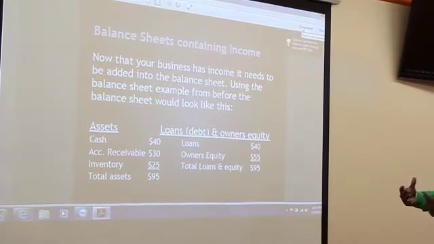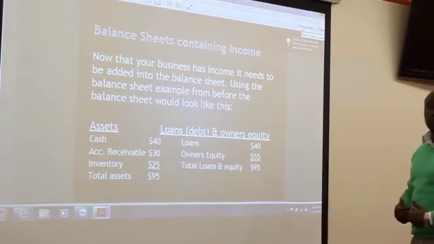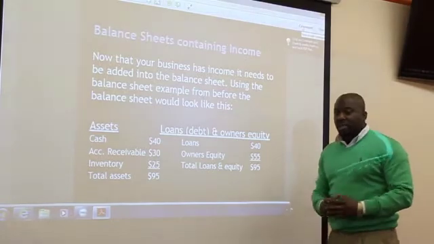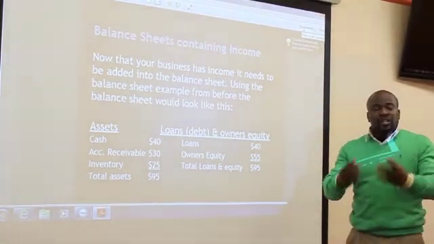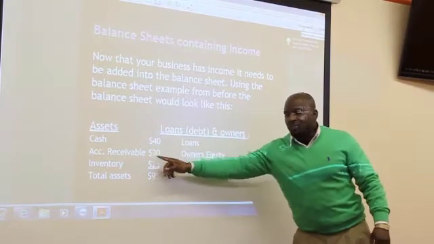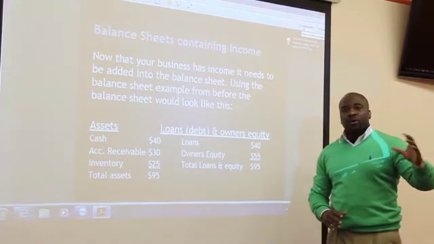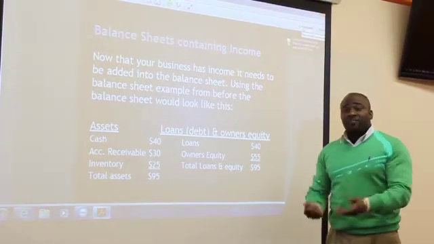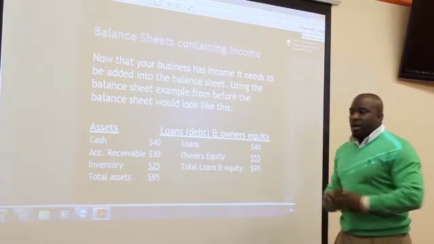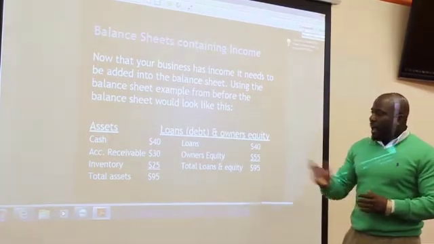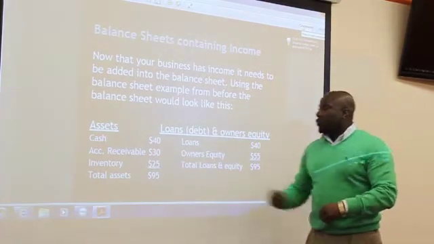So you might say, hold on, what about accounts receivable? Accounts receivable is money that you have coming in. For instance, if you sell goods and you don't get paid for them, but you already delivered the goods, you will put that in accounts receivable. So if I sold 30 items at $1 apiece, but I have not been paid, and the merchandise has already been delivered to the buyer,